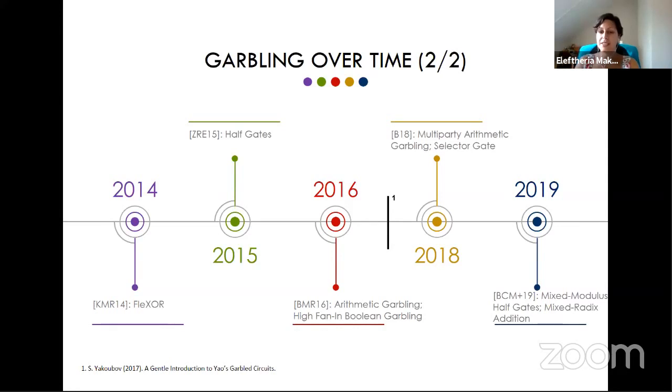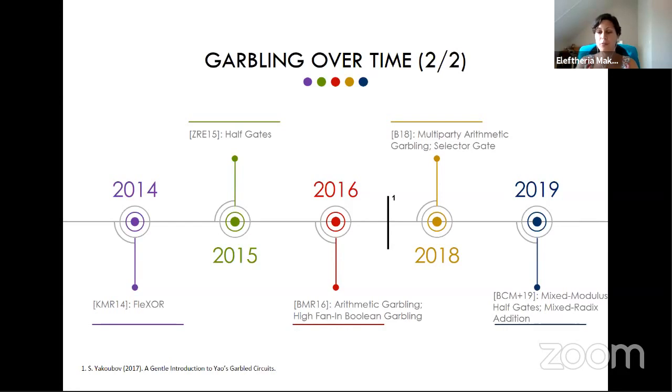And in 2018, Ben Ephraim started showing also how we can do multi-party garbling, and especially focusing on using the arithmetic gadgets that we got from BMR 16. And he also showed how we can optimize a selector gate, what he calls a selector gate, from the standard construction to a better version, so to say. In 2019,